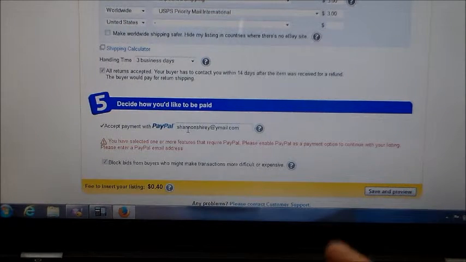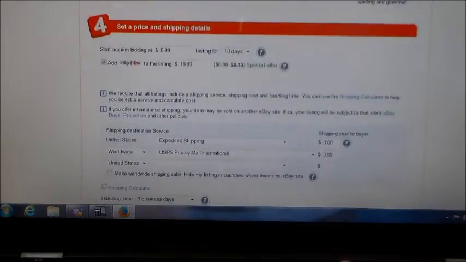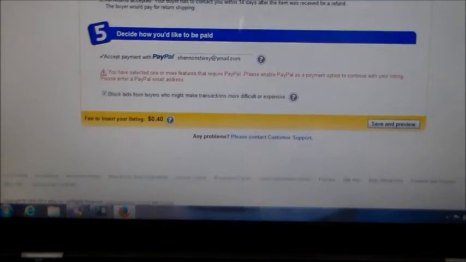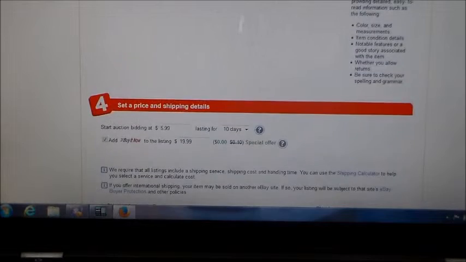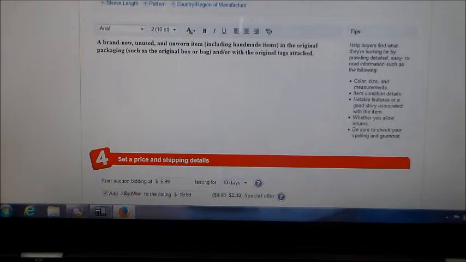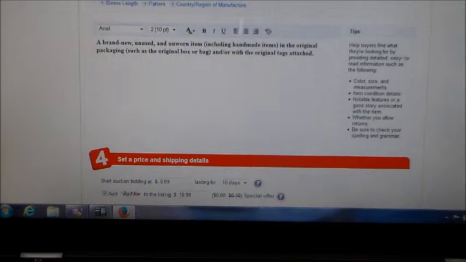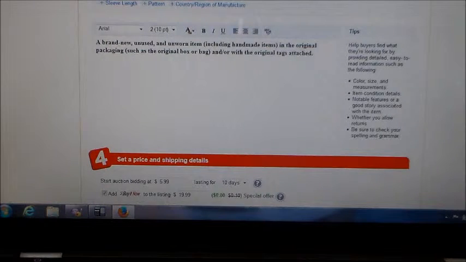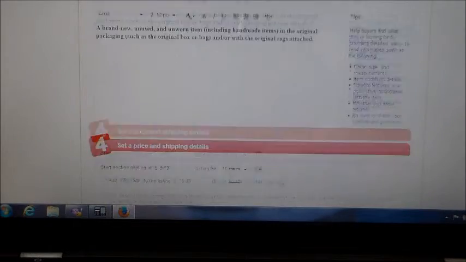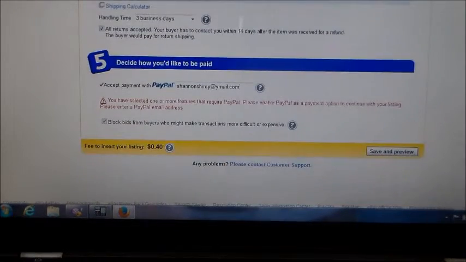Okay, now it's always nice to double check. So sometimes after you previewed it, also there's something I like to type in there. You want to make sure that your clothes are washed and clean, and that's something I do. That's a suggestion. You want to double check everything. Okay, click save and preview, and like I said,